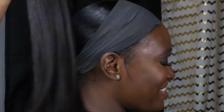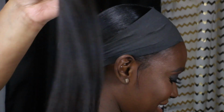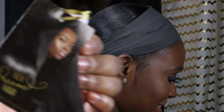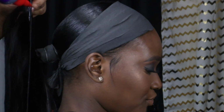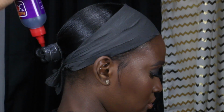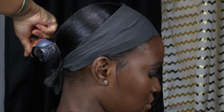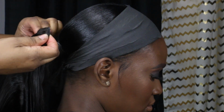After you have that done, then you want to take another one of those hair wraps and just wrap it around the ponytail. What this is going to do is ensure that you do not put any glue on your client's hair, because this ponytail will be glued in on this video with this method. So I just secure that with some rubber bands,